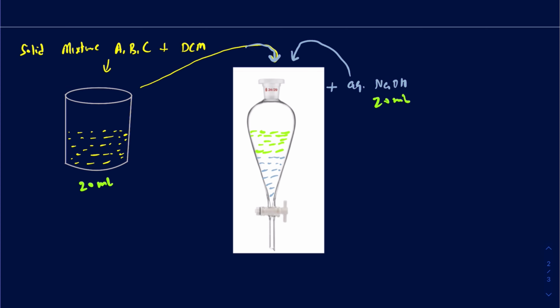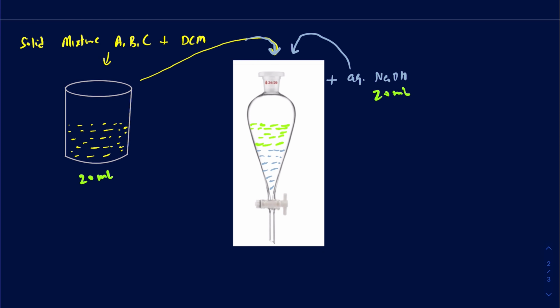Once everything is mixed up, you're going to have this top layer as your aqueous layer, and the bottom layer is going to be the DCM layer or the organic layer. I can't really show those mixed up, but make sure you close the lid of this sep funnel. Make sure you give them little shakes or release the pressure, and you want to let this settle